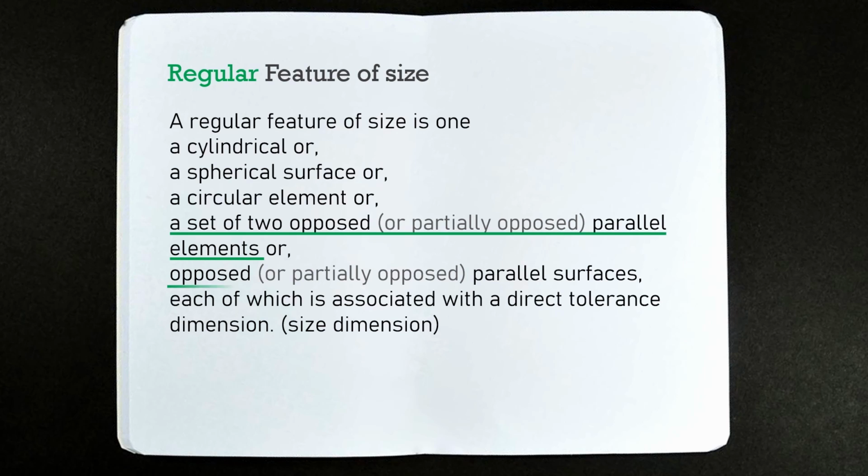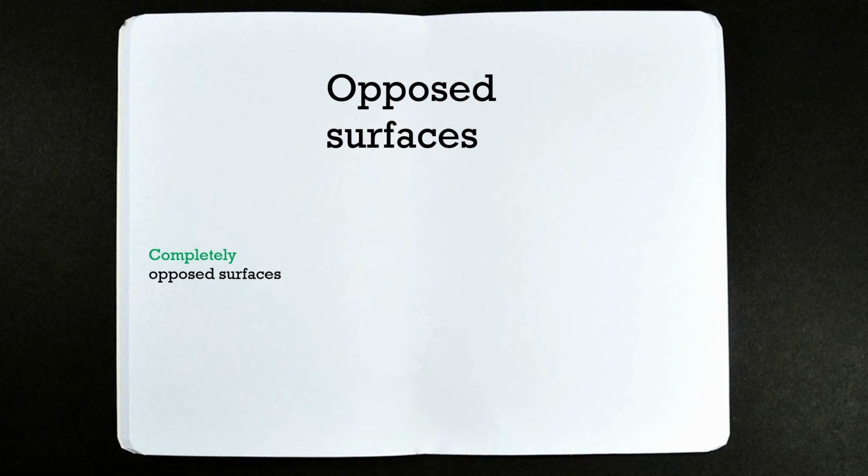And now to understand this set of two opposed or partially opposed parallel surfaces, regular feature of size, first we have to understand the concept of opposed surfaces. And there can be three possible opposed surfaces in a part. One can be completely opposed surface, or one can be partially opposed surface, and one can be non-opposed, or we can say